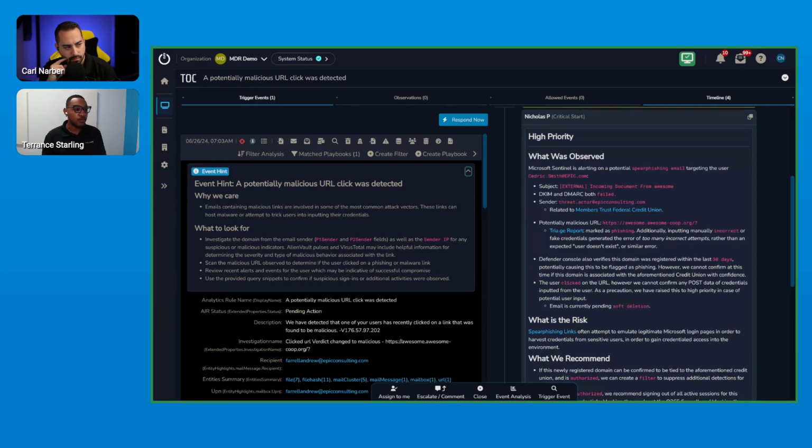And those can be org specific. So, for instance, if this is a global event hint that's meant for all of our clients' environments to help our analysts guide them down how to solve that, we can make one client specific that says, hey, this is a critical asset. Don't take that action on this specific one. So aligning to what they're identifying and what their needs are. Exactly. Yeah, so that's super important.